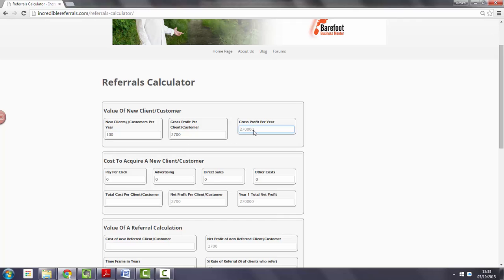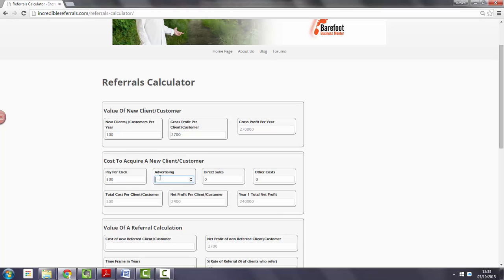Now you'll see that it automatically works out the gross profit per year. The next stage is to work out the costs. For the moment we're going to put in the advertising costs. Again, for ease, I'm going to go very much on the cautious side. We're going to work it out at £300 per client on pay-per-click to get a